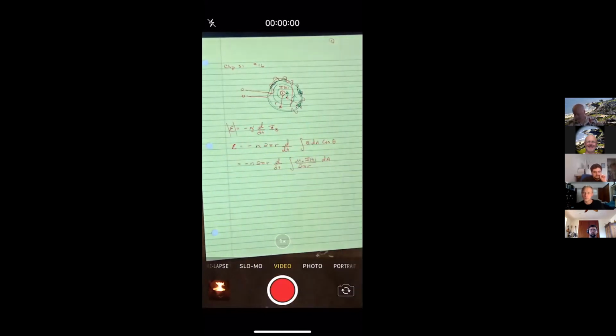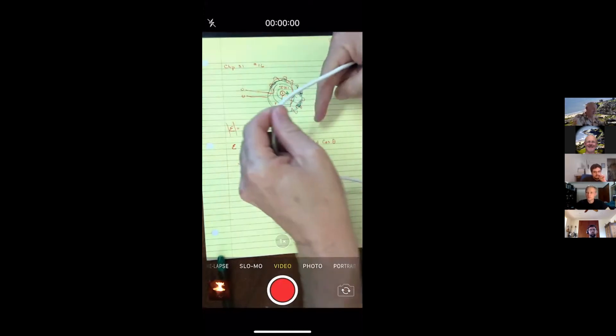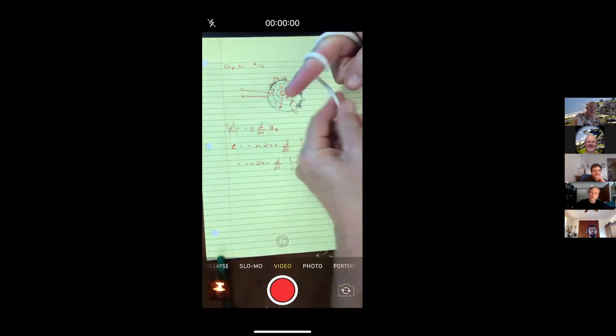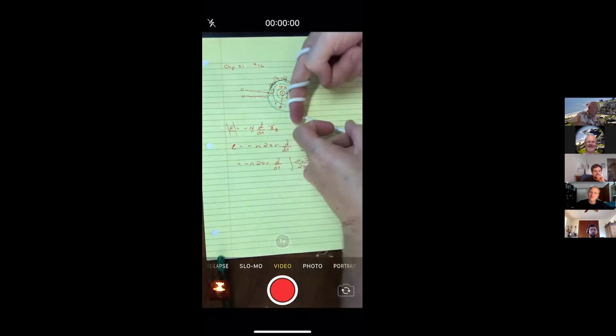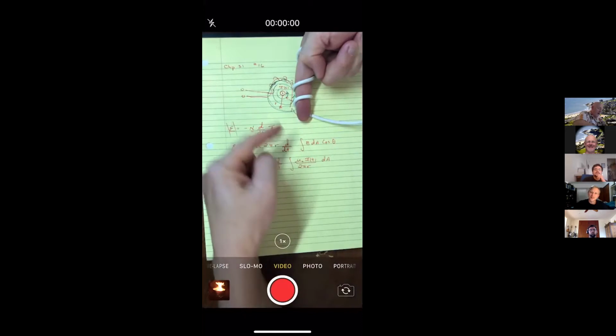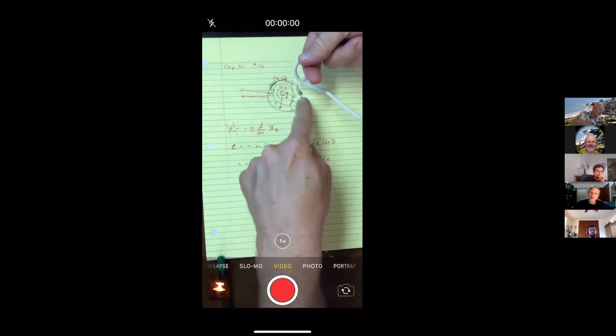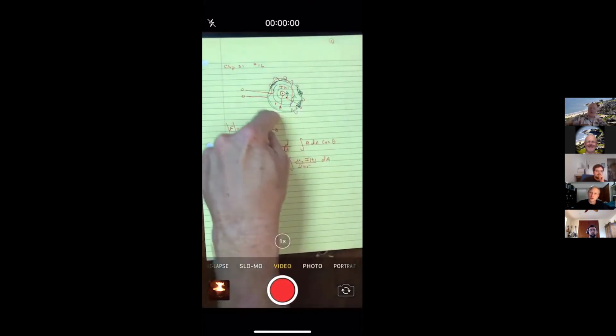And for lack of other things, I'll use my power cord here on my laptop to say, look, my finger's right here, the flux is going through these little coils around here in the